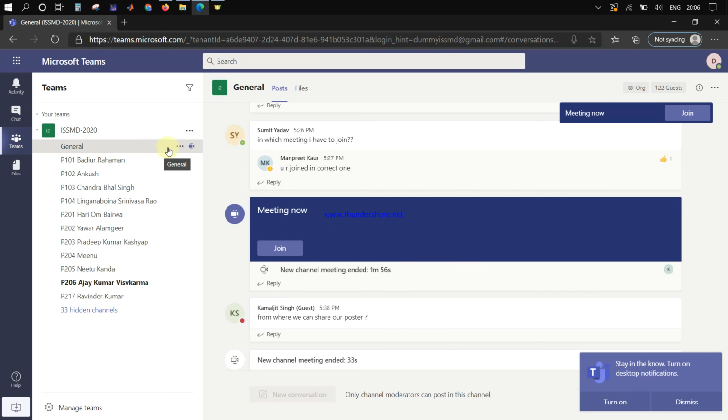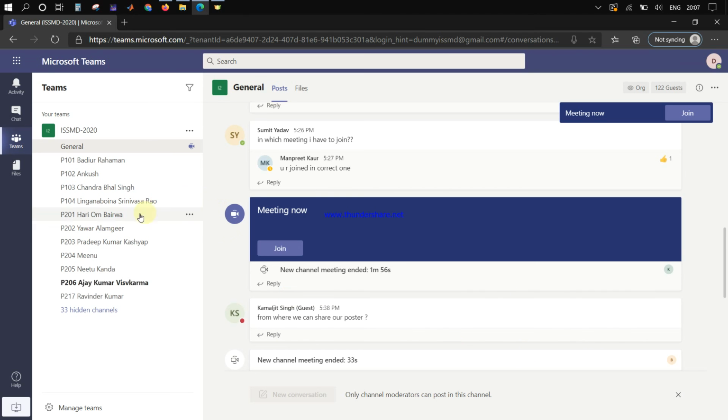So all the plenary talks and oral presentations will happen in the general room, and all the poster sessions will happen in these channels. So in order to be familiar with all these poster channels, we have also placed this test session 2 tomorrow. I request everyone that you should do it by yourself so that in the actual time of the first session, you should be able to do all this without any problems. You should be able to do it fluently.